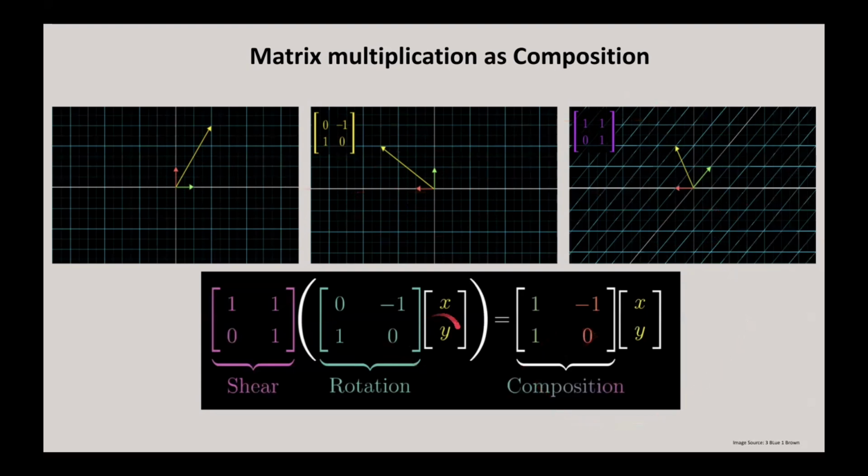If you were to take a vector and pump it through a rotation and then shear, the long way to compute the result is by first multiplying the vector by the rotation matrix and then multiplying the result by the shear matrix. This is numerically the same as applying a rotation and then a shear to a given vector. So no matter what vector you choose, the result will be the same as multiplying the vector by this composition matrix. Since this new composition matrix is supposed to capture the same overall effect as a rotation, then the shear action.